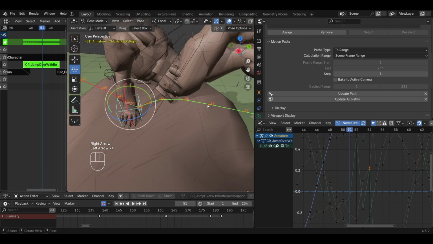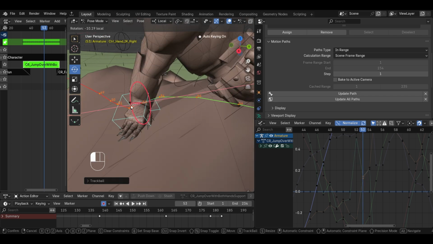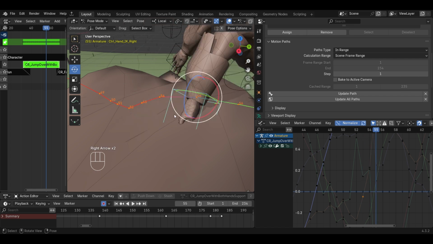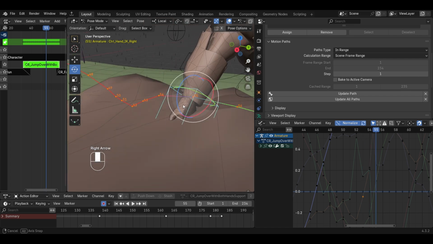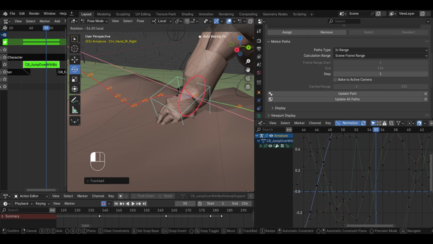So like same thing, rotate out, same thing, rotate, save, so rotate this, rotate it out,